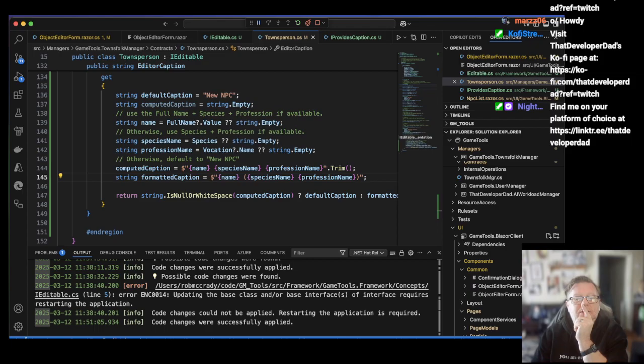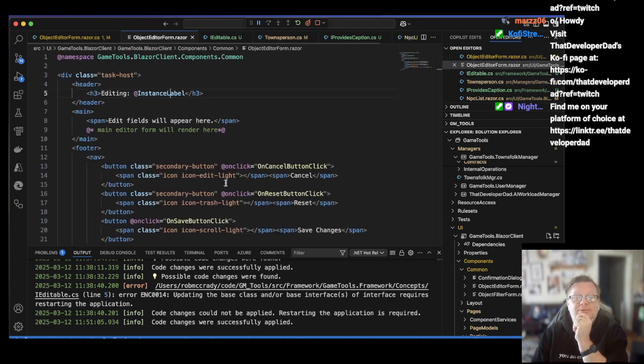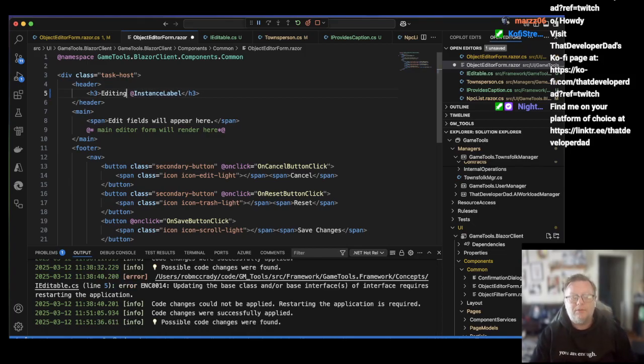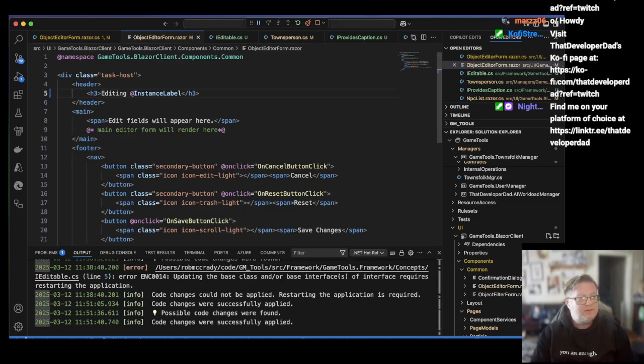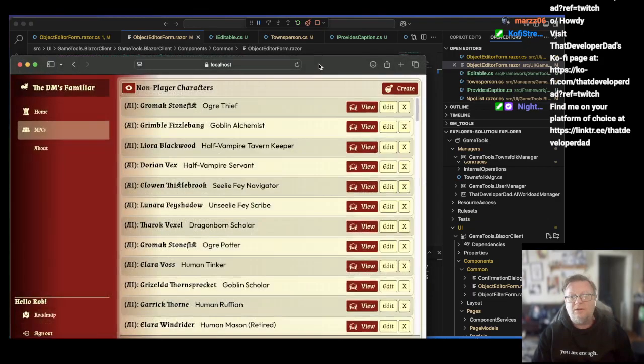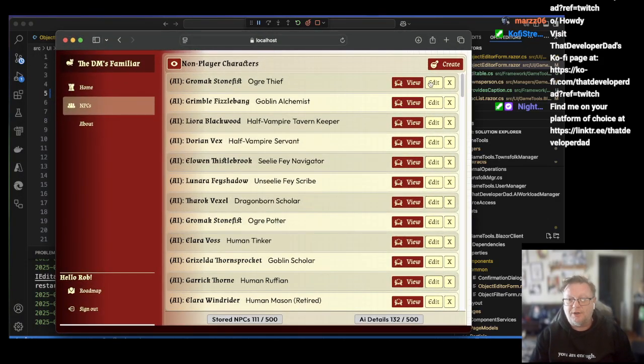And I want to come over to the object editor form, get rid of the colon on this, save that, save all,